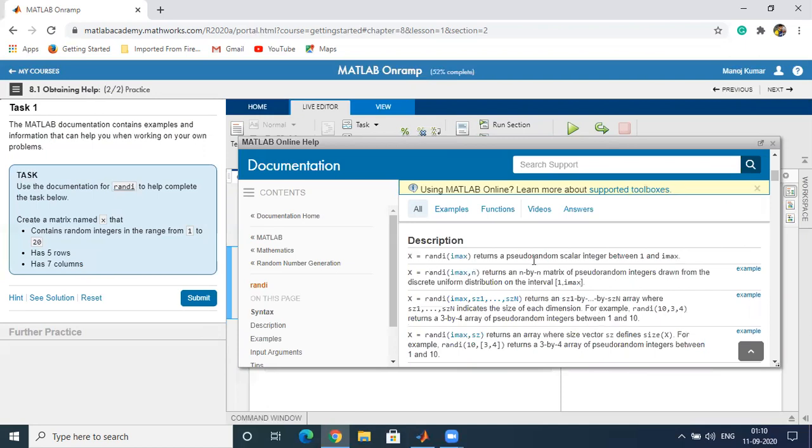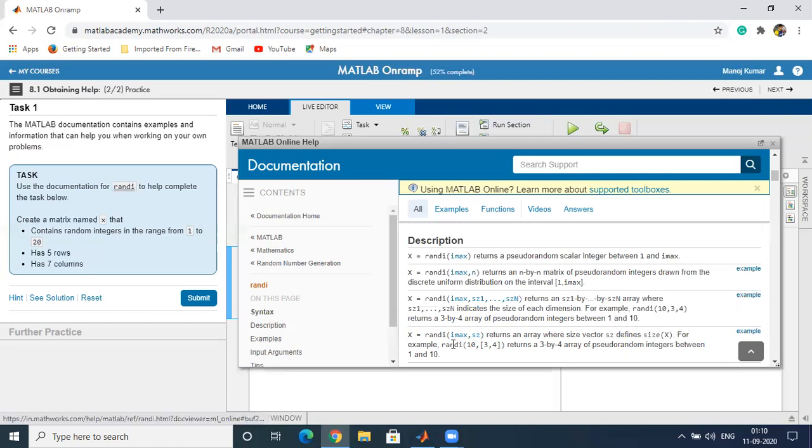That will return a pseudorandom scalar integer between 1 and max, but we want a restriction on the rows and columns. It will return an n by n matrix, so that will also not satisfy. Now you can see here x equal to randi(imax,sz) returns an array where the size vector sz defines the size of x.